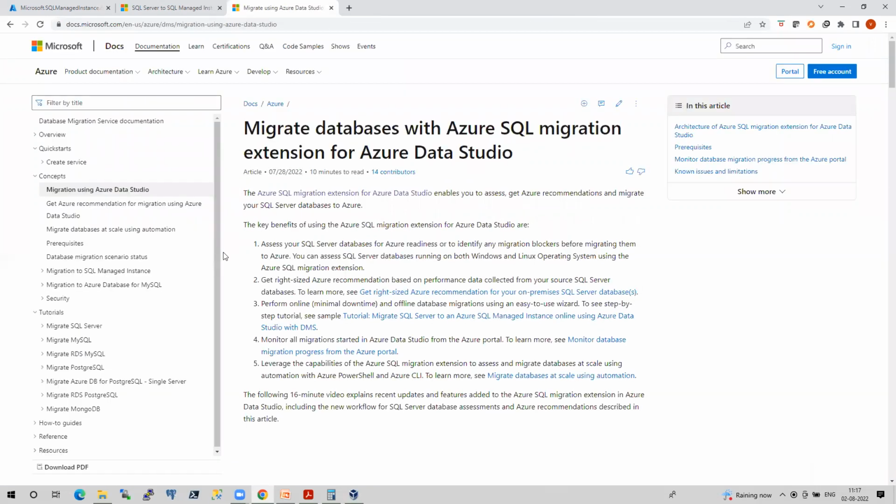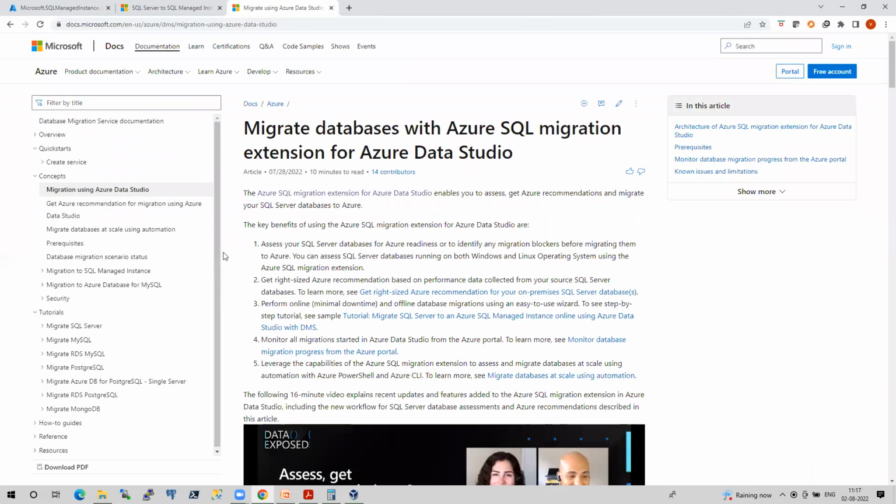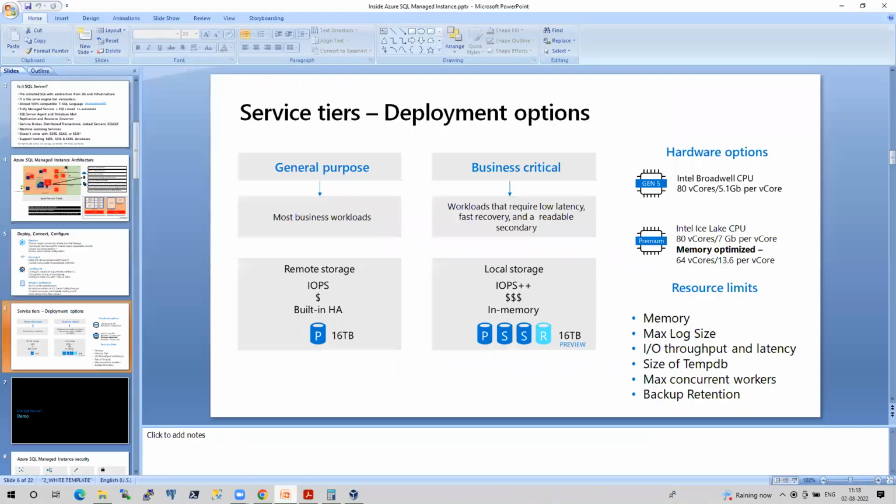Azure Data Studio and DMA are on the migration as well. They have given the option of the DMS service for pay as you go. That's 3 options, and backup and restore is the fourth option.